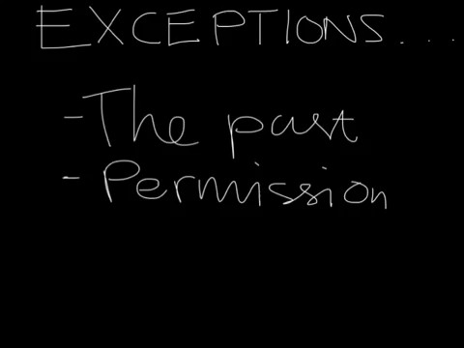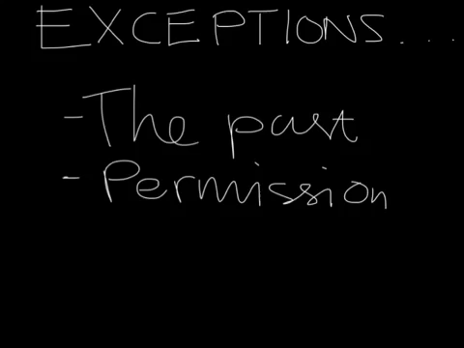Okay, exceptions. There are two exceptions I would like to address here today. The first one deals with the tense, a grammatical issue. Might, except for its own function, is the past tense of may. So you have to use might when you're referring to the past. So, for example, yesterday, when you actually want to say, I may have gone to the lesson, you would have to say, I might have gone to the lesson, because that expresses something yesterday in the past. So whenever you are supposed to use may in the past, it becomes might.